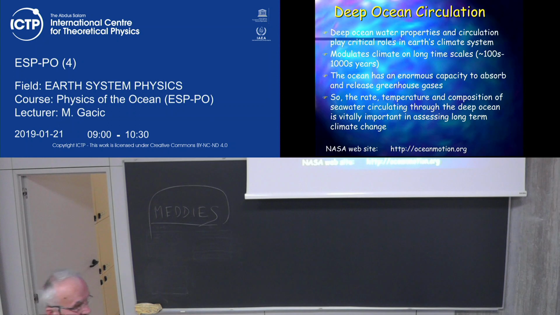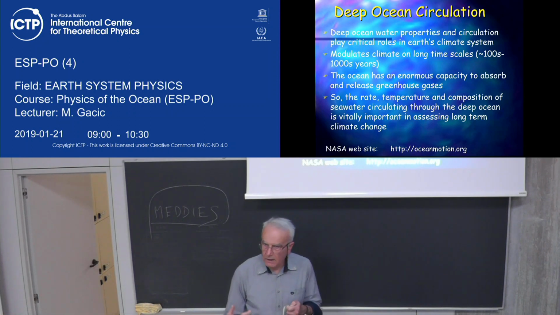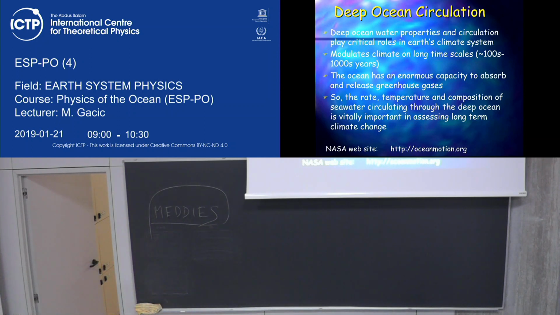So what we see now, what is happening, for example, in areas of dense water formation: if we notice some increase or decrease or changes in the thermohaline characteristics of the dense water formed in the Atlantic or Antarctic areas of formation, we will be sure that this kind of signal will then be felt over the major part of the world ocean within the next hundreds and thousands of years. This is very important. So it is very important to do the observation, do the monitoring of whatever is happening in the world ocean. Okay, so this is just to give you a flavor of the importance of